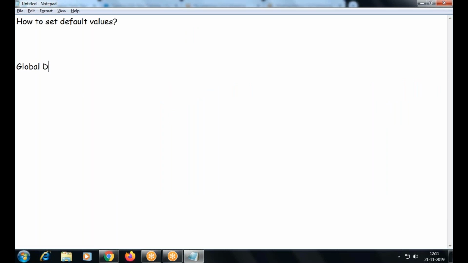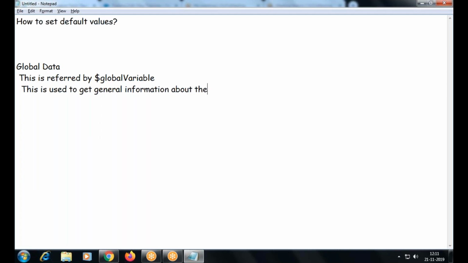So global data or global variable is used to get general information about user and the company. That's a simple definition of global data. Got me?